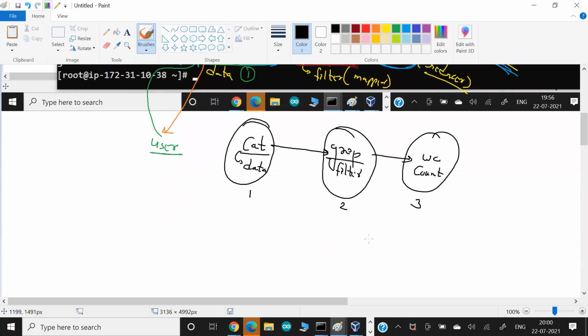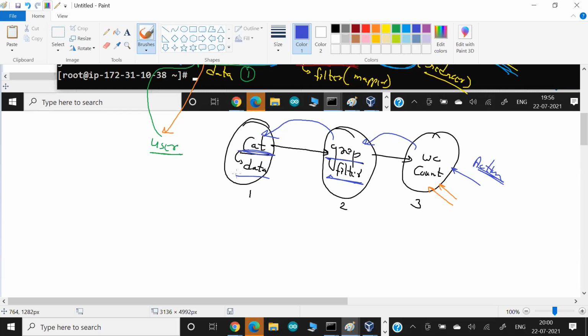But as soon as the third step is done, or you can think somebody clicks on the third step, they say now we are asking for the action. Now we need data, go back, ask the grep filter to get the data. It says I don't know where the data is. It goes back, asks the cat command, goes to the reference and gets the data. After getting the data, give it back, I will filter, give it back, I will count. Whatever you want to do, you can do it.